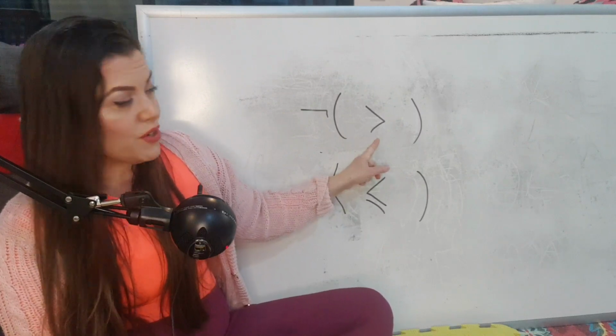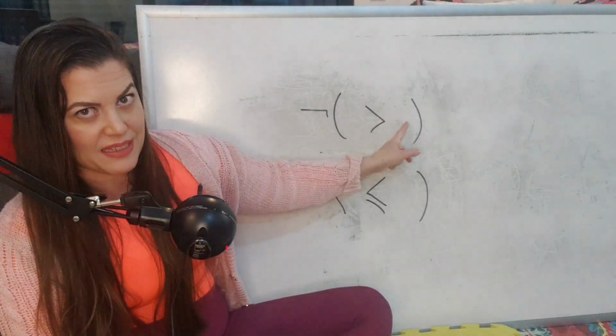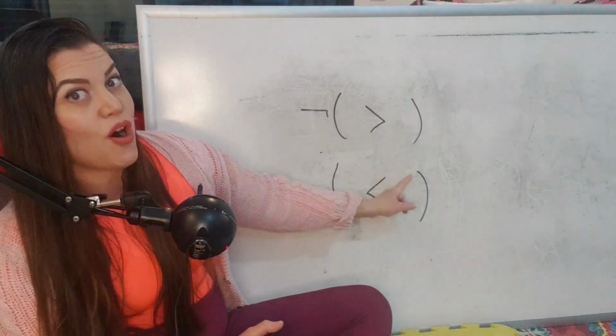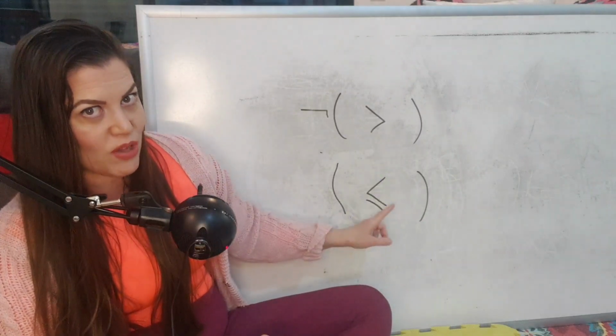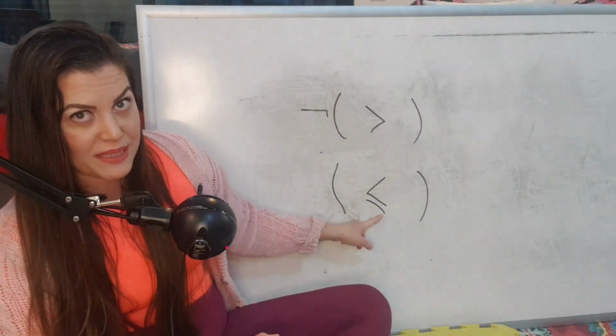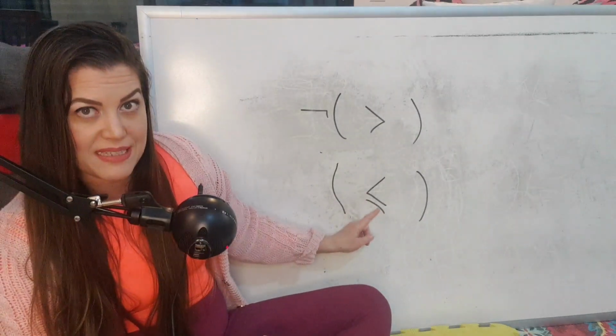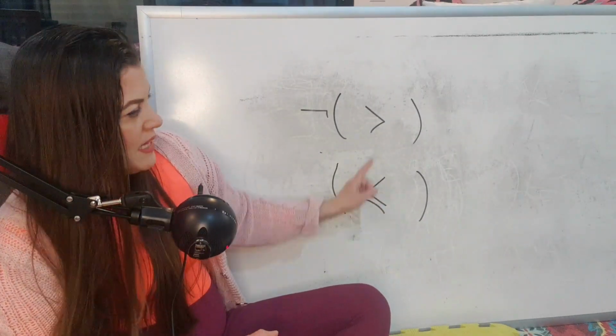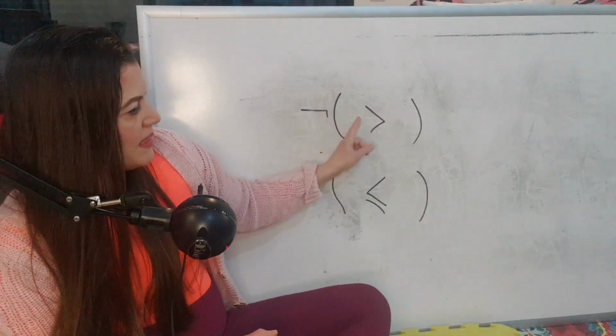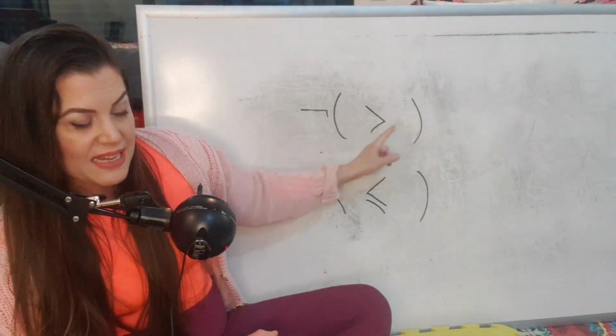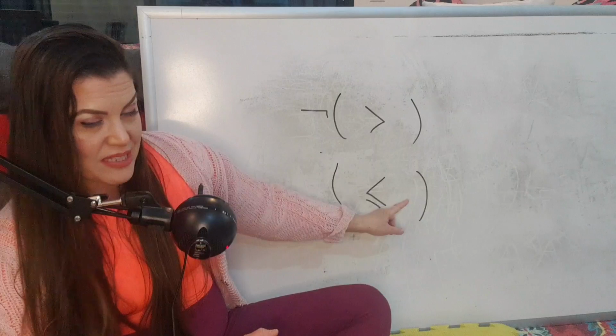It is no longer something is bigger than something. Now it's something is smaller than something, but not just smaller, but may also be equal. Please remember, I added this small line here that means equal. So instead of being something that is bigger than something else, now it's something that is smaller than something else